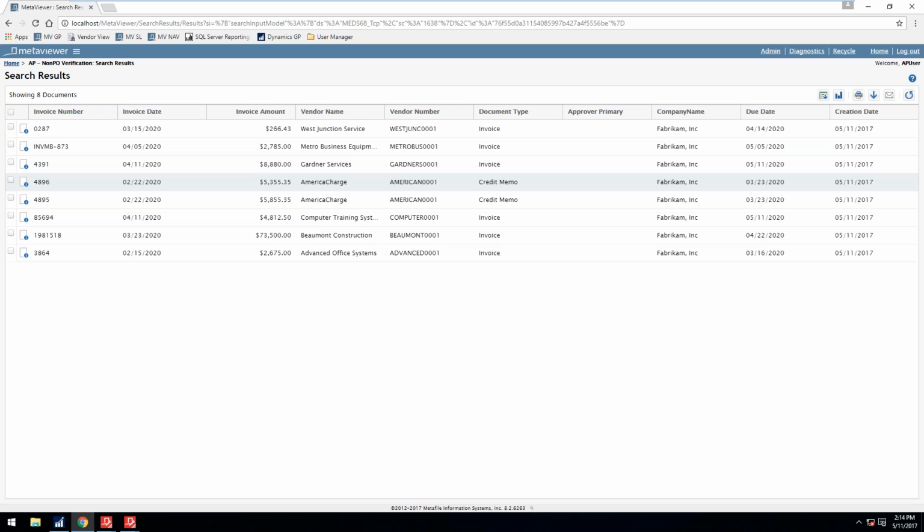What I'm looking at here is really the equivalent of that person who just opened up the mail. They got this big stack of invoices in front of them, and they say, oh, I want this one to go to Sally. I want this one to go to John. I want this one to go to Joe. But the advantage of using MetaViewer is I have an electronic stack. I can see a sample of everything that's in here. I can resort this by clicking on any of the headers to sort from low to high or high to low